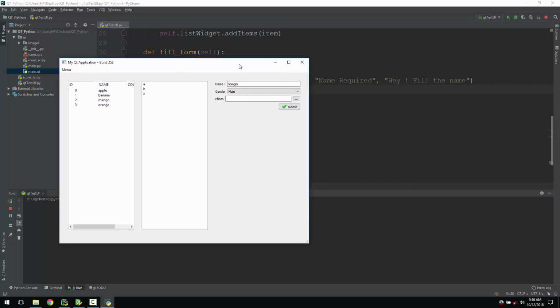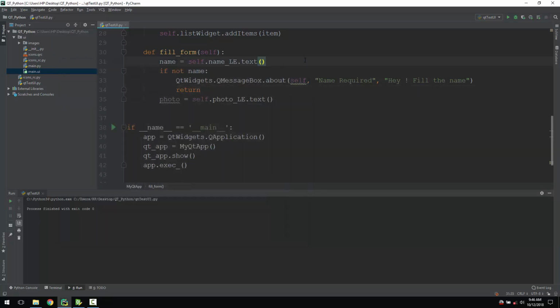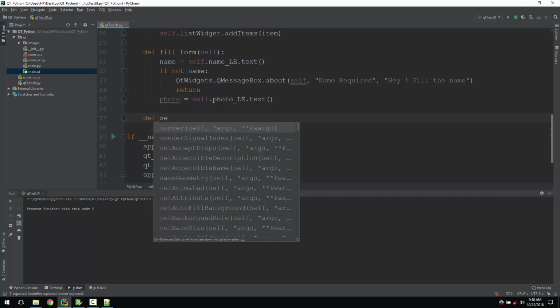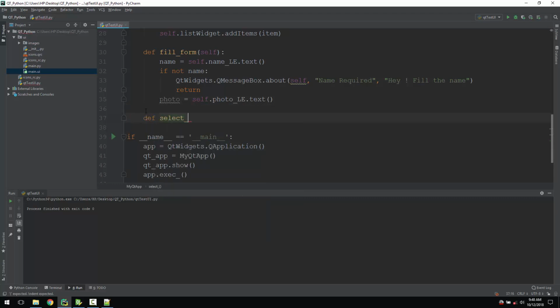To wrap this video, I will show you how you can connect this tool button to select an image and put it here. As you can see, when you select this, a file browser opens. So let's see how we can do that. All right, so create a new function, something like select photo,